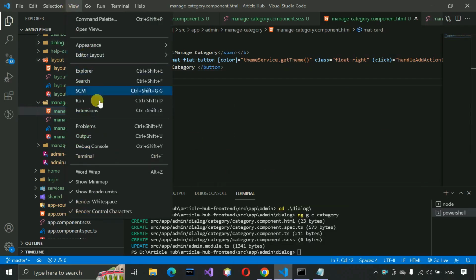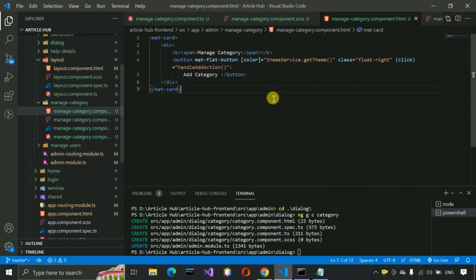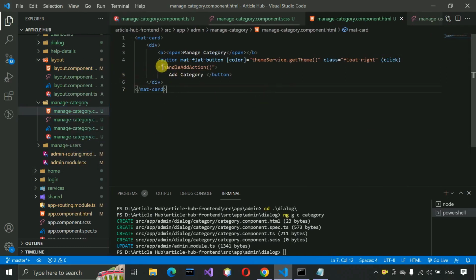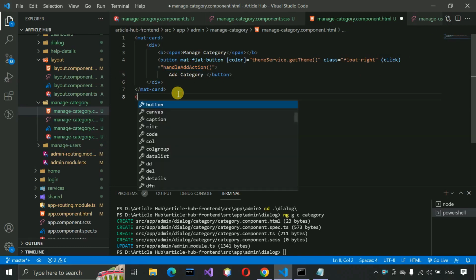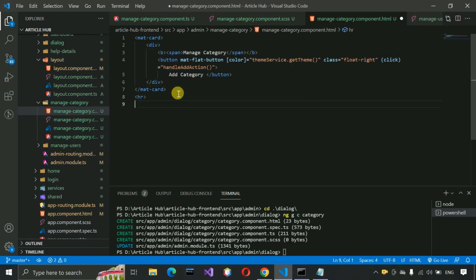Okay, view, and let's wrap this one. Okay, so now you can see at once. So we have just created a button that will be a mat-flat-button. We are passing the color and float-right, and on click event we just need to call this method. Okay, and let's go outside of this mat-card, put an HR here, and then we have to put a mat-card,